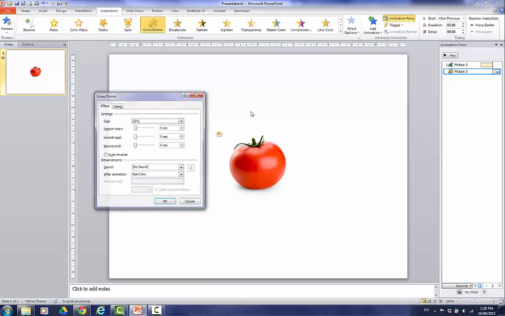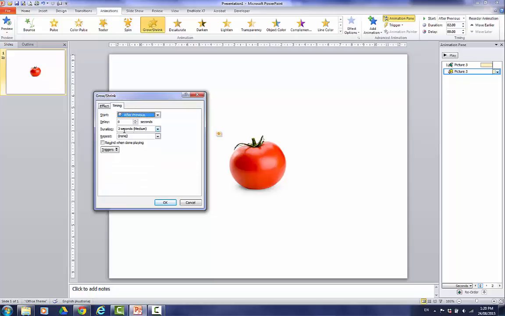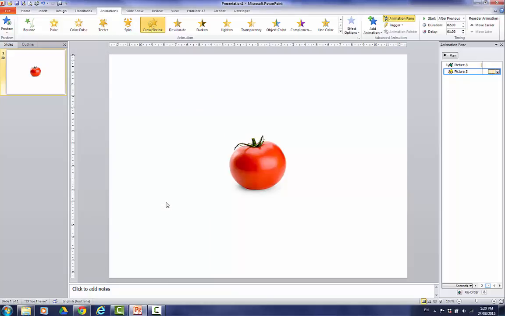But I think I'm going to make it huge actually. And then you've got some choices about how it starts and ends, so you can play around with that until you've got it the way you like it. Again, there's sounds and timing. So at the moment it's taking 2 seconds. It begins after the previous, so we could delay it for a second before it begins. And again, there are triggers and things there which we'll get to later. Okay, so